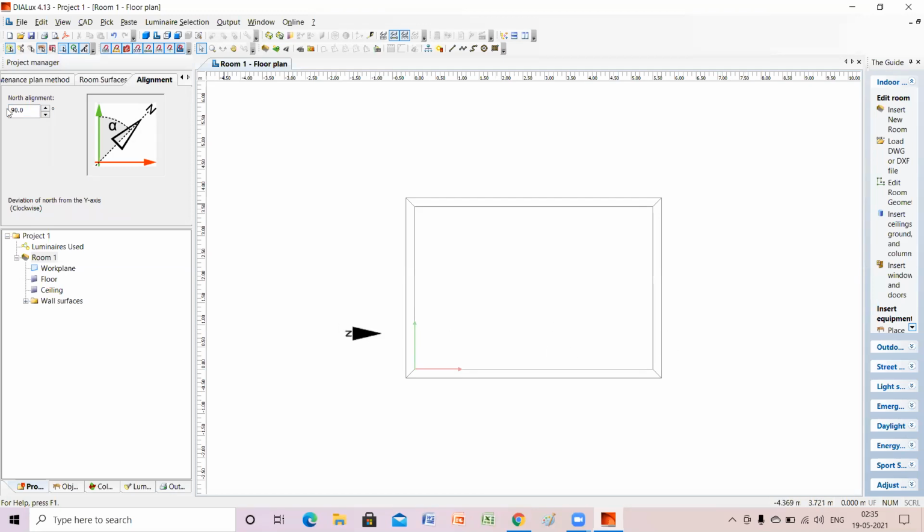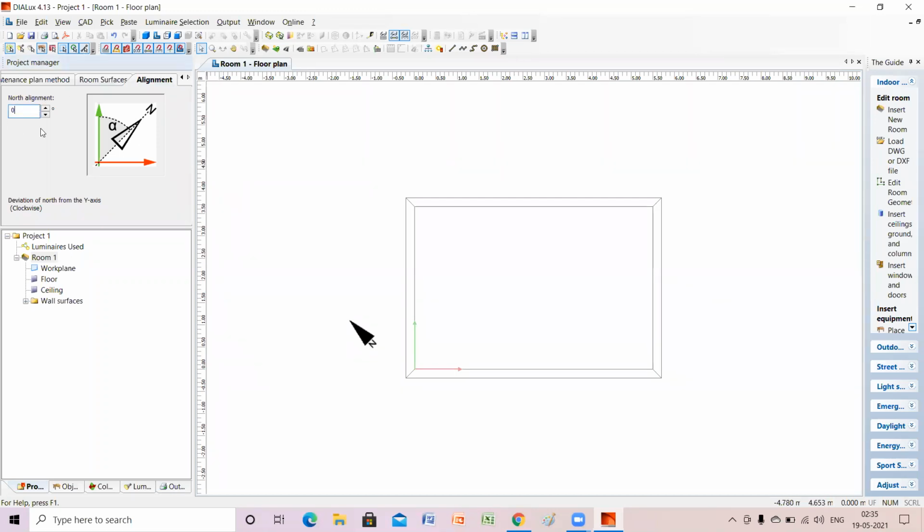If I change it to 45 degree, see, north has become this. So your room is aligned here. This is north. Understood? And if you give minus 45 degree, clear? So this is about room alignment.